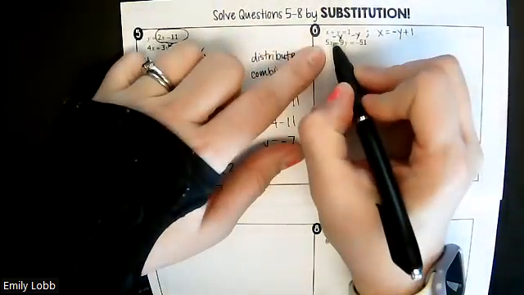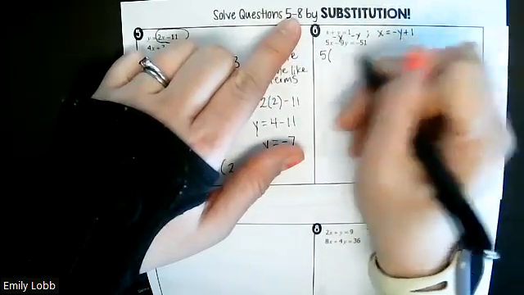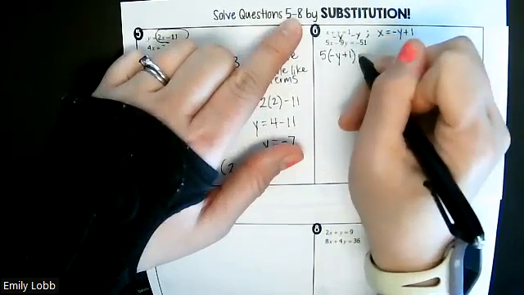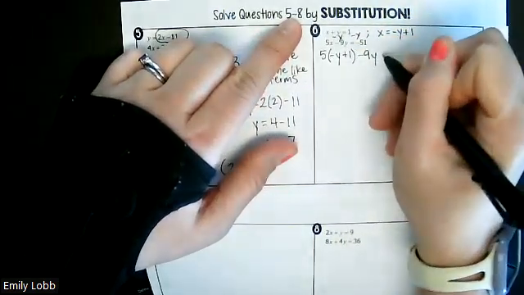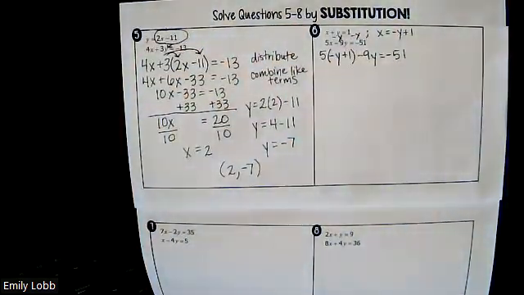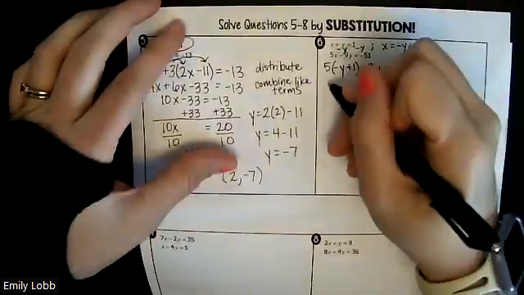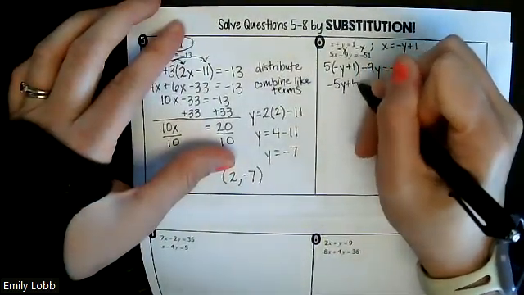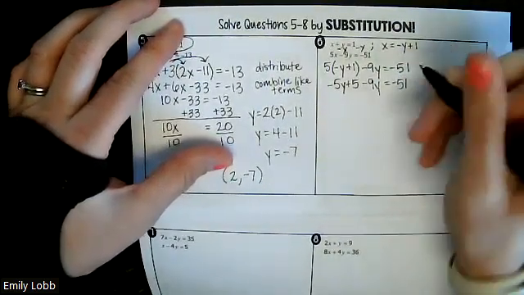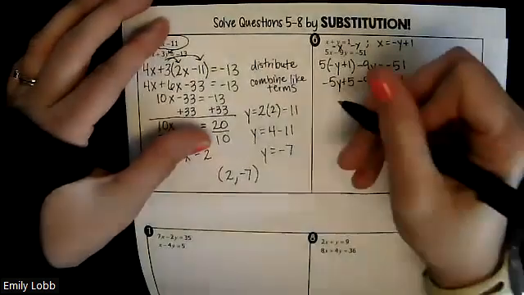So now, in place of this x, I'm putting what x equals. So I'm going to start by writing my 5, and I'm putting in that expression, negative y plus 1, and then minus 9y is equal to negative 51. So again, same thing here, distribute. Negative 5y plus 5 minus 9y equals negative 51. Again, combine like terms. This is going to become negative 14y